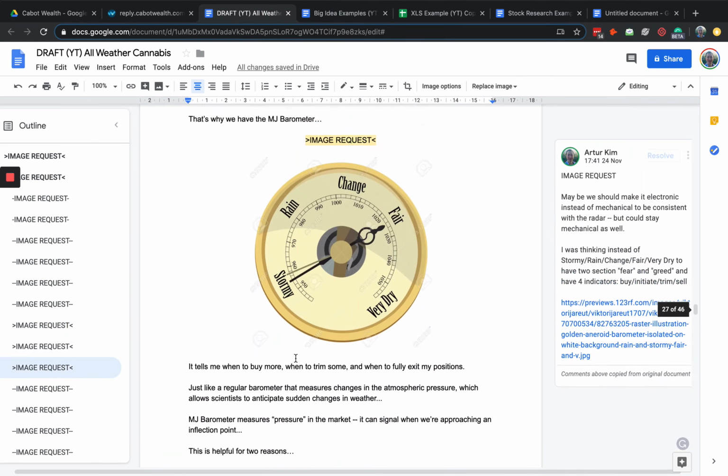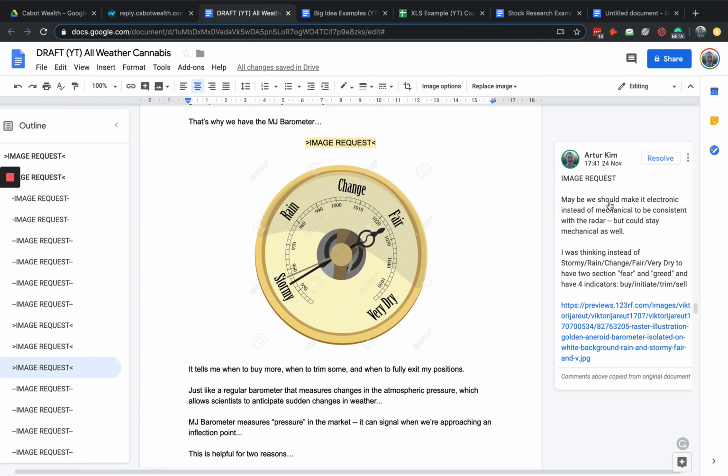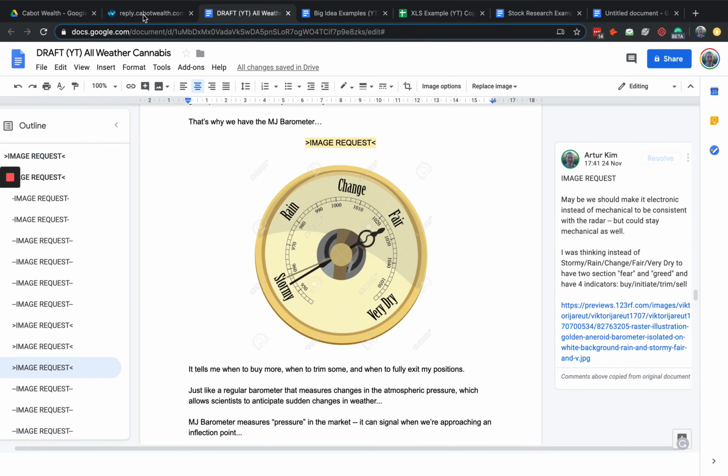let's see, this one. So for the barometer, maybe we should make it electronic instead of mechanical to be consistent with the radar, but it could stay mechanical as well. And then I tell them, instead of stormy, rain, change, fair, very dry, we could just put buy, initiate, trim, and sell, kind of like stock actions, right? And